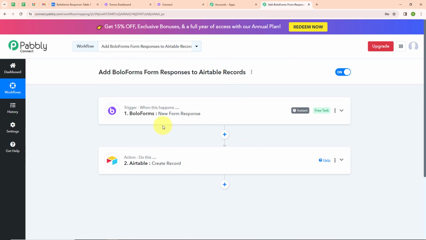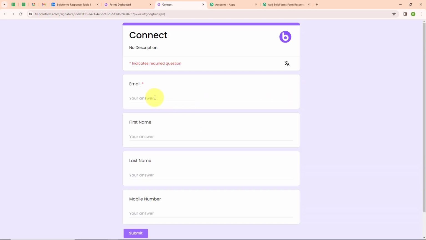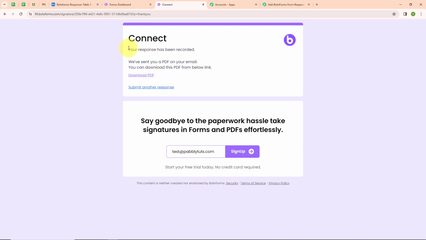Now let's test our automation to check whether it is working or not. So now to test our automation we need to submit a new form response, and for that let me take you back to my BoloForm. So here in my BoloForm account I'm going to click on my form preview link again. And again here I'm going to enter a new dummy data. So this time I'm going to enter email as test@pabblytunes.com, first name as test, last name as user and a random phone number. And now I'm going to click on this submit,